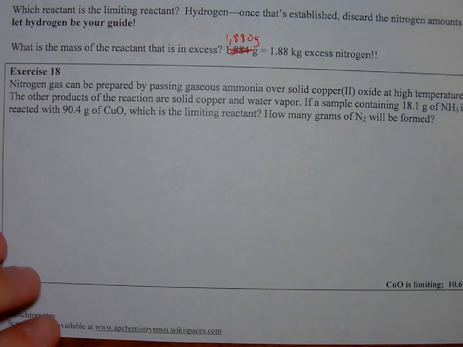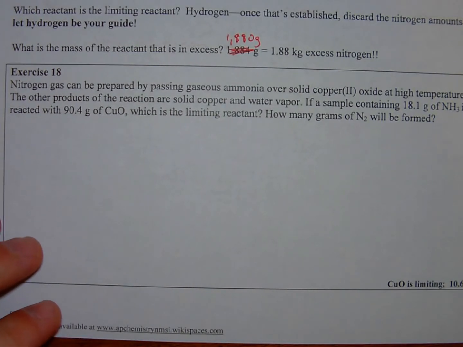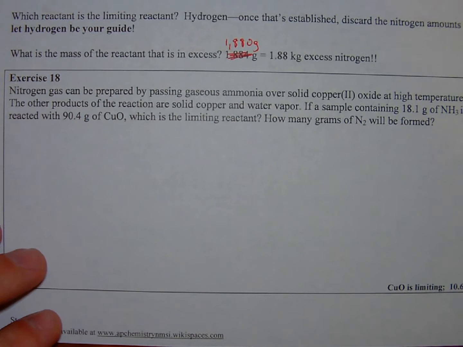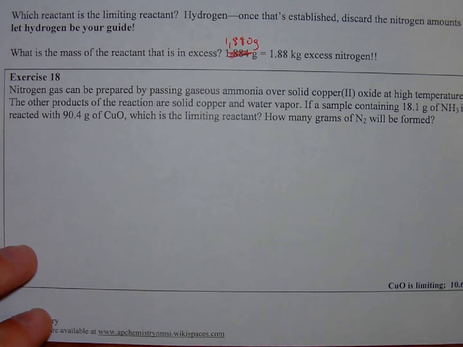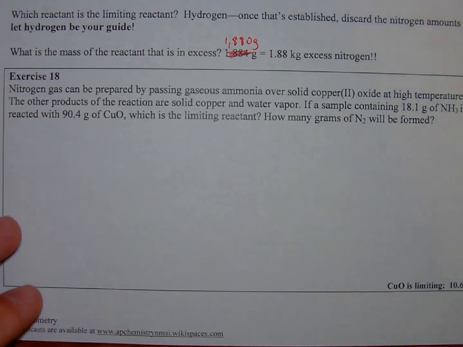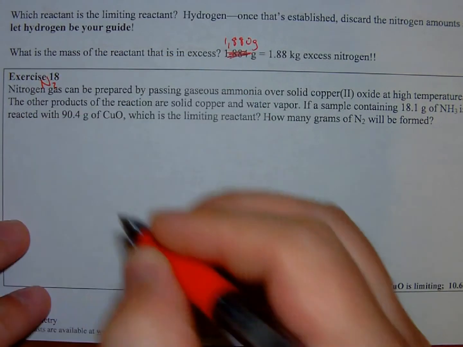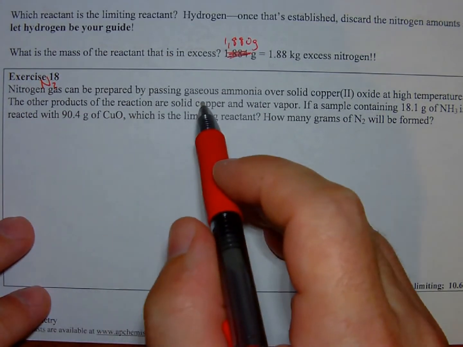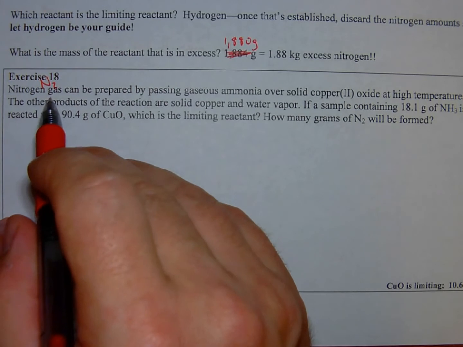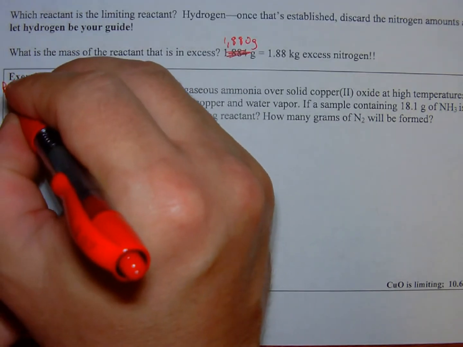Exercise 18. So we've just been talking about limiting reactant problems. We just went through a long example problem. Let's see if we can do this on our own. Nitrogen gas, N2, can be prepared. So I'm preparing this. That makes this the product